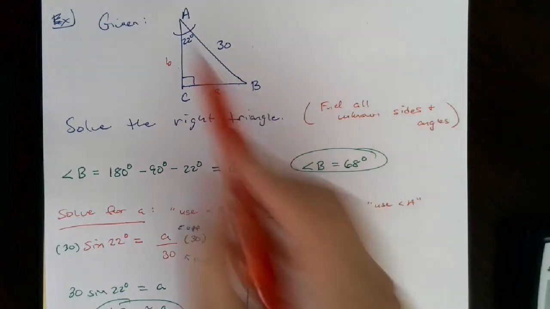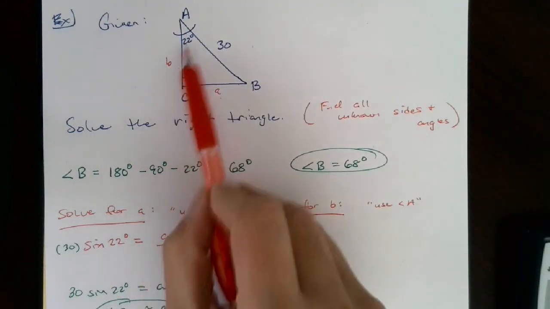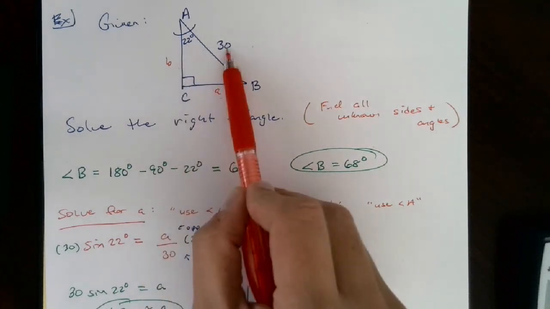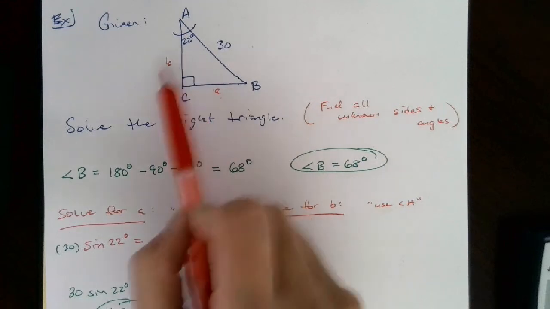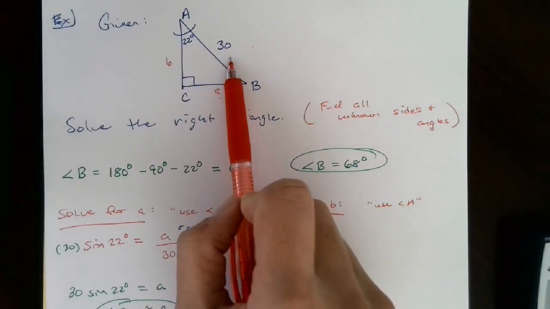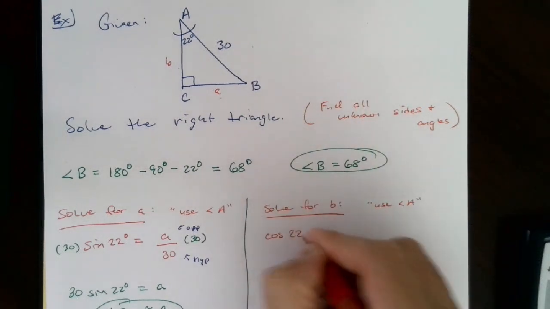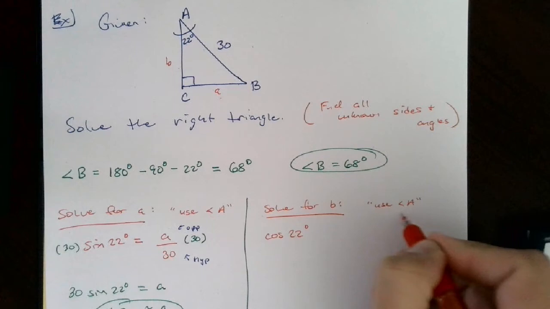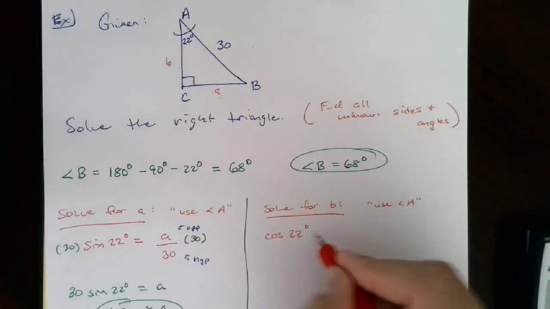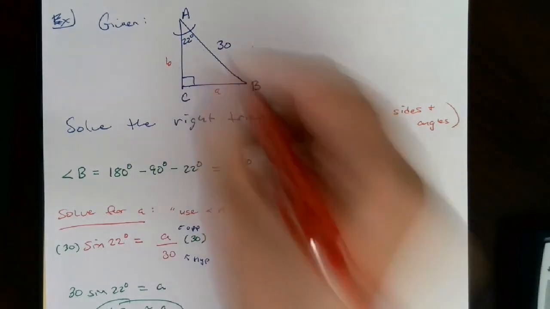And now I want to find which side. I'm looking for side b, and that side is adjacent to it, and I need to use a side I already know. The side I already know is the hypotenuse. So which trig function relates the adjacent with the hypotenuse? Well, that is cosine. So the cosine of A, which is the cosine of 22, right, and that's why you have to pick the angle first, because that's telling you which relationship you have with the sides. So cosine of 22 is equal to the adjacent, which is side b, over the hypotenuse,